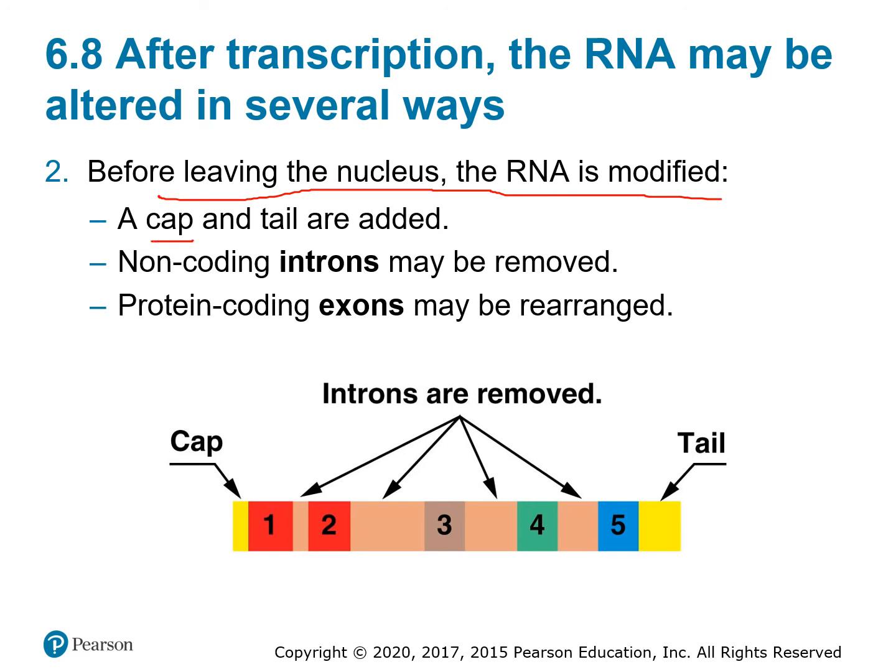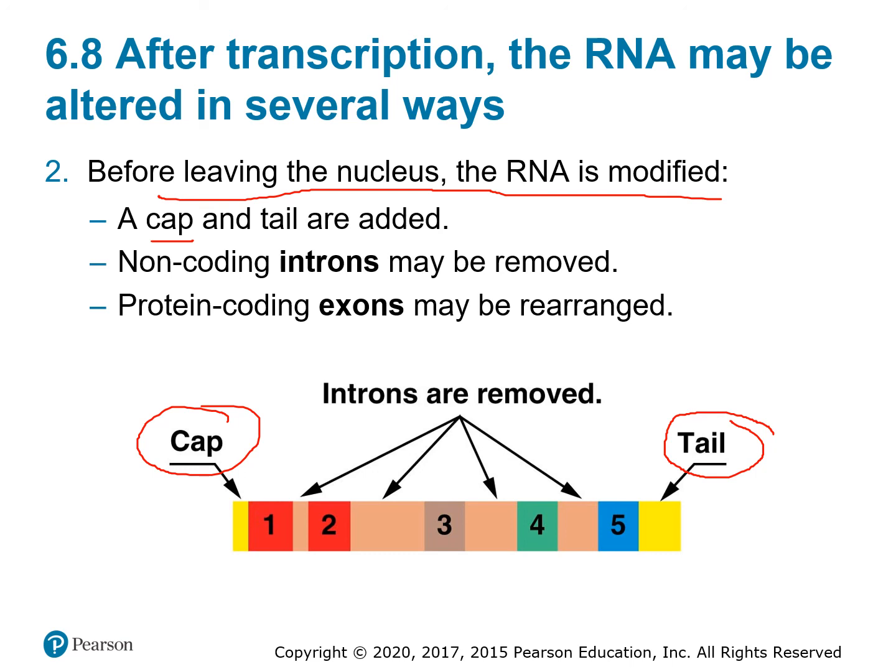So there are chemicals that are added to one end, and that's called the cap, and also there are nucleotides that are added to the other end. And the other thing that happens in eukaryotic cells is